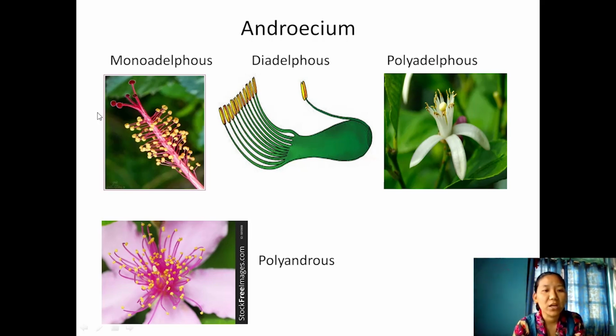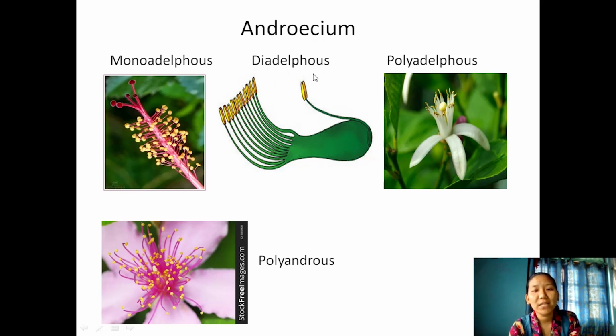For example, here these are all the anthers and filaments, and this is the extension of the filament. All the filaments of this stamen are fused to form a tubular structure, and you can find all the stamens are fused into one bunch, one group, and such a type of androecium is called monoadelphous, as you can see in the case of hibiscus, that is China rose. Now another type where there are 10 stamens, 9 are grouped together, completely fused, and we have a single one, and such a type of androecium is called diadelphous,